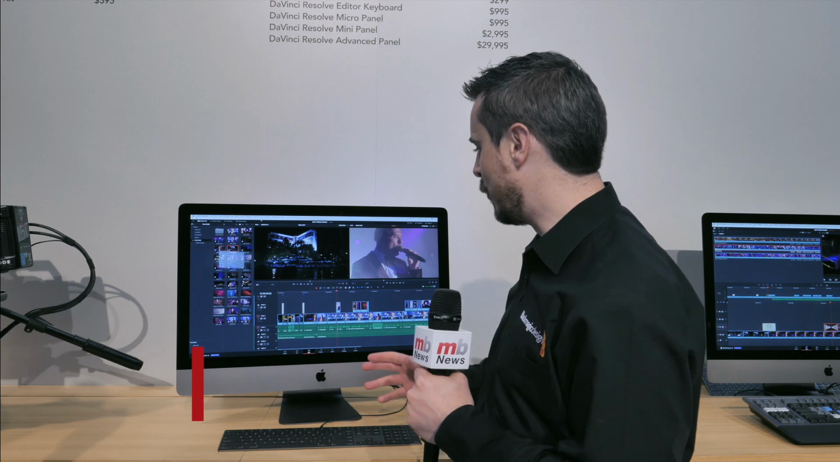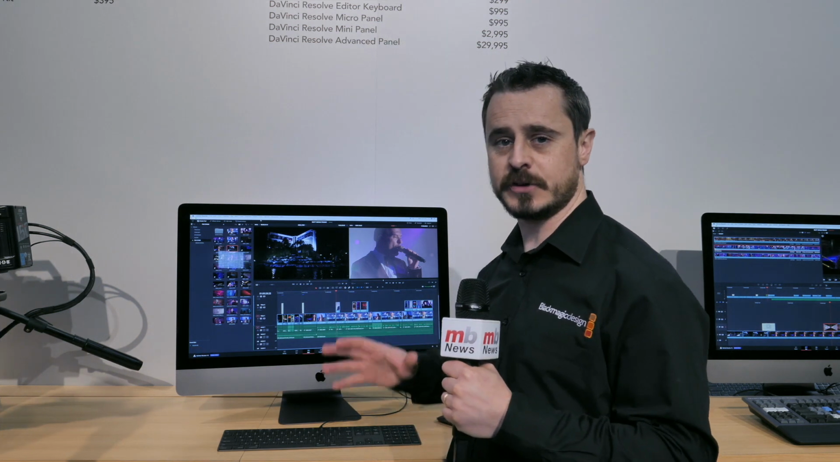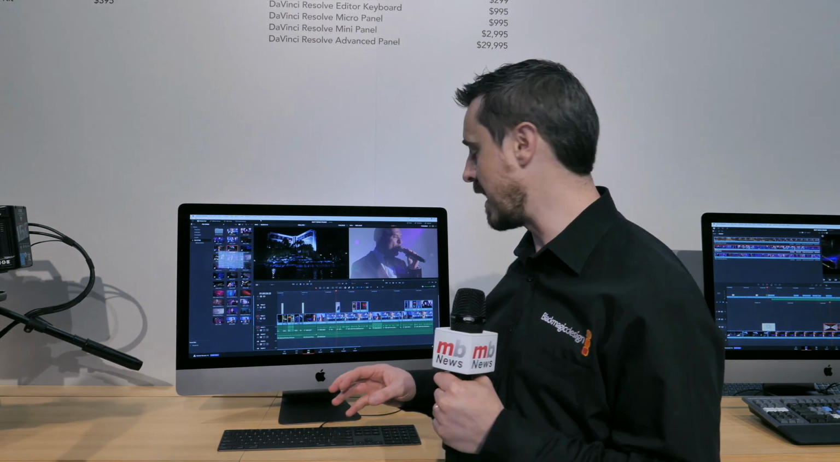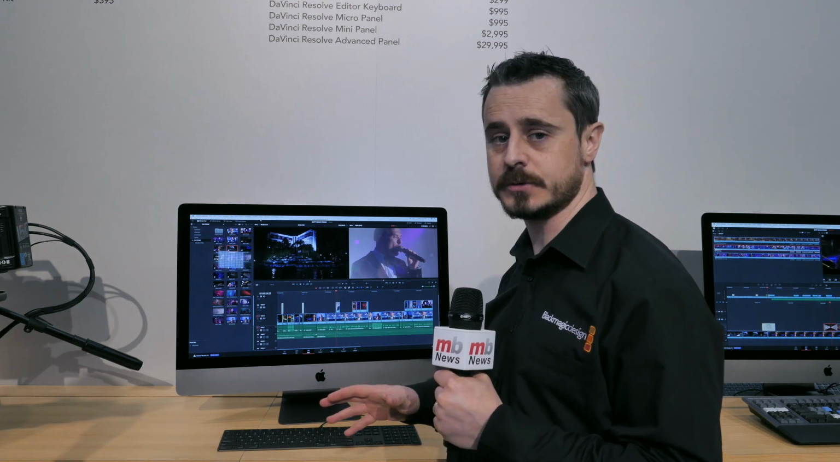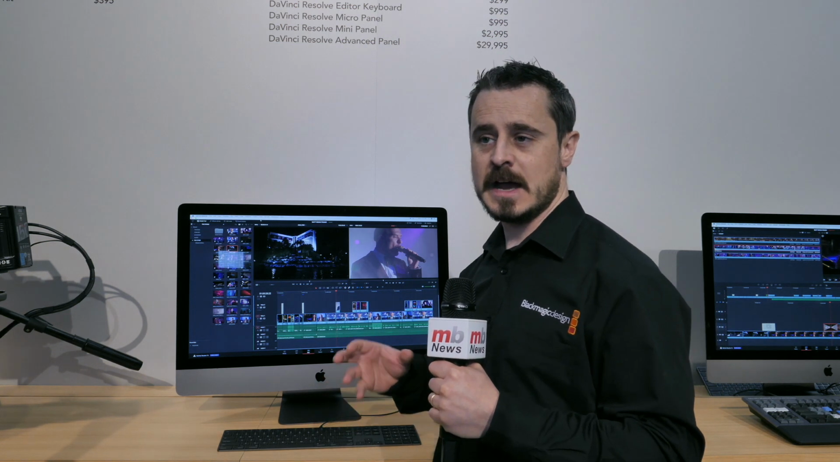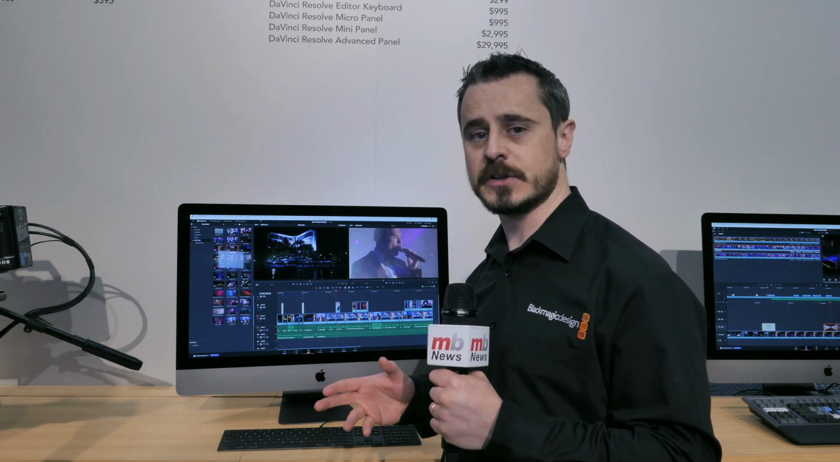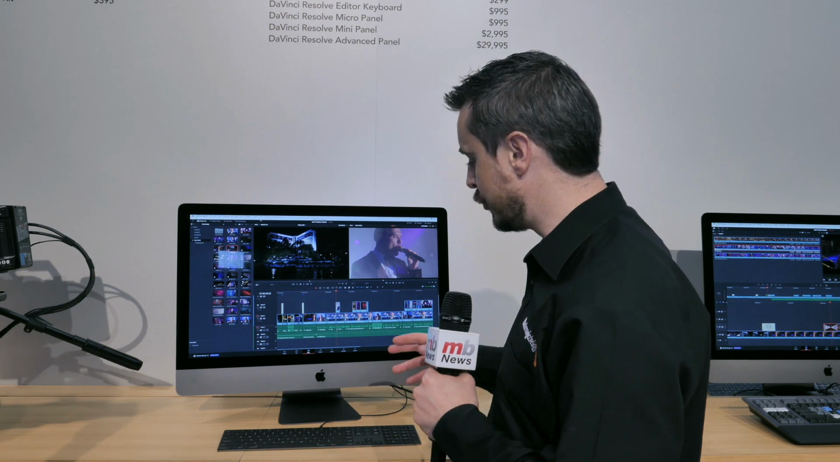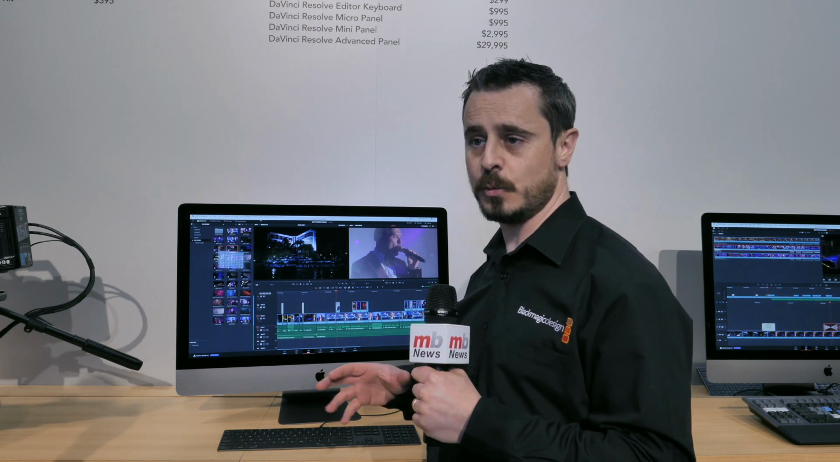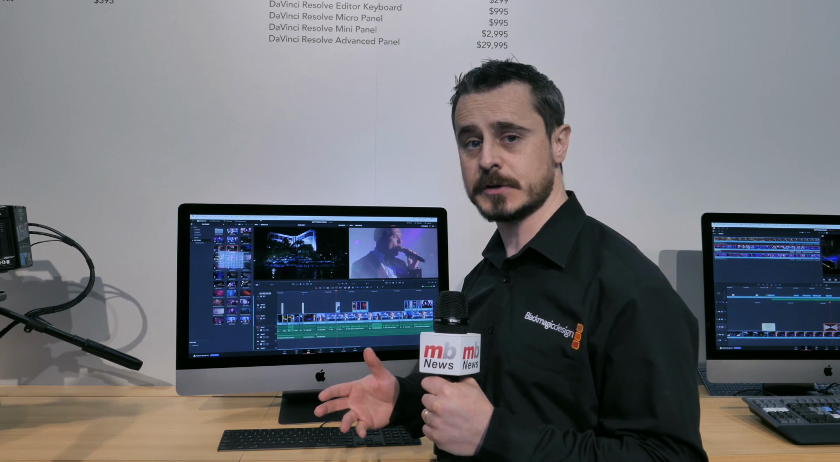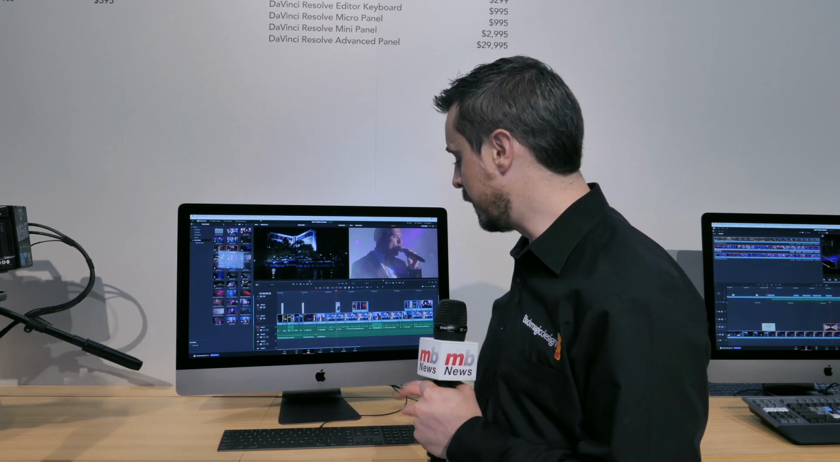At the show this year, we've announced Resolve 16. Alongside a number of incremental and performance increases across our grading, Fusion and Fairlight tools, we've also looked incredibly closely at the edit tools that we have available inside of Resolve 16 and introduced a brand new way of looking at how we can work quickly, efficiently and as fast as possible in a non-linear world with the new cut